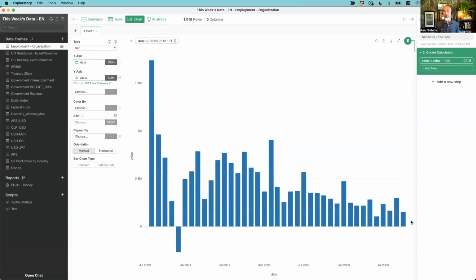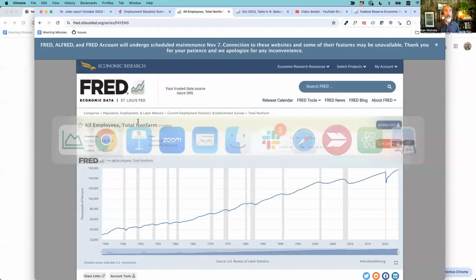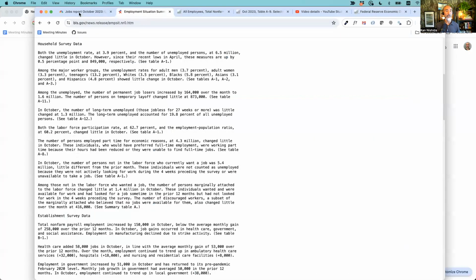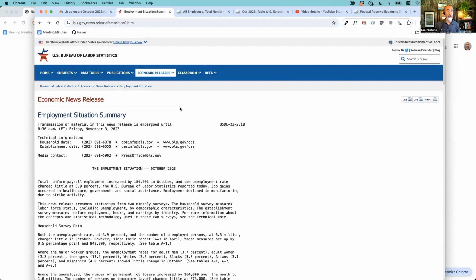Now look at that number at the very end. It says 150,000, and that's the number of jobs added in October compared to the month before. And that number is aligned with the message from the U.S. Bureau of Labor Statistics. Okay, so that's good.